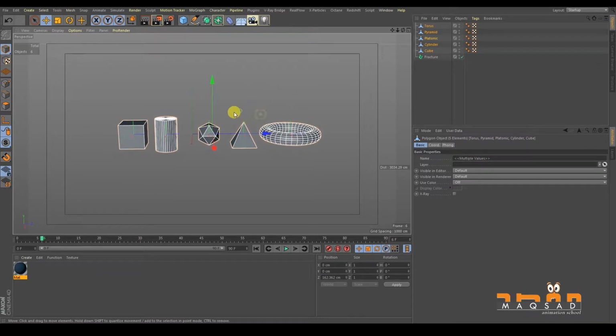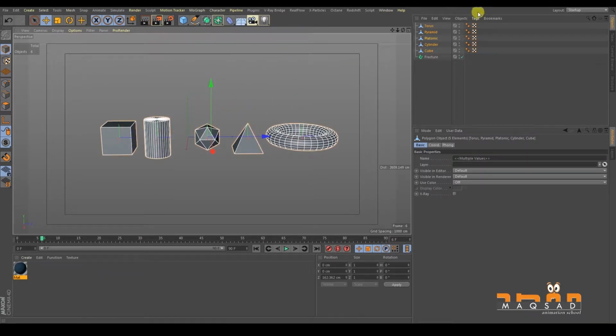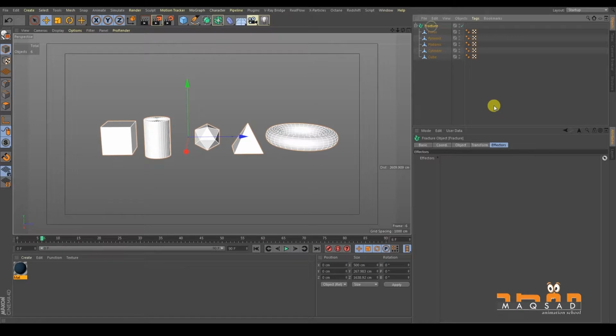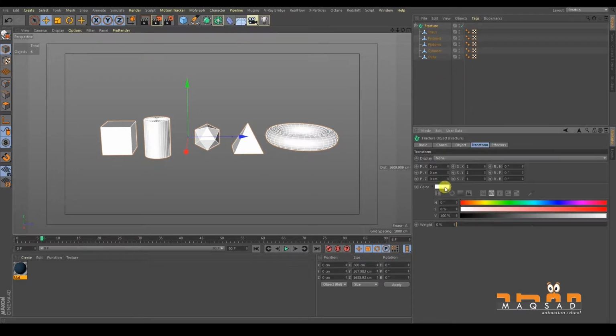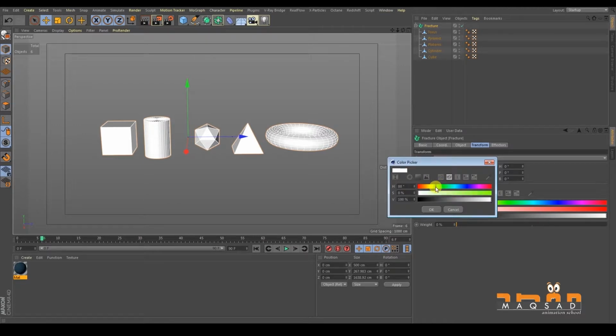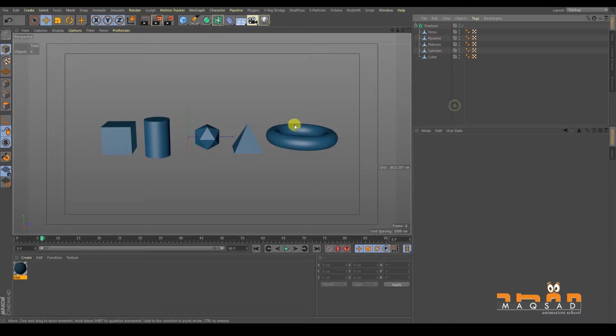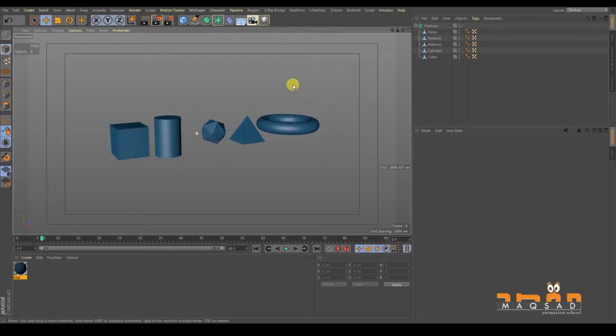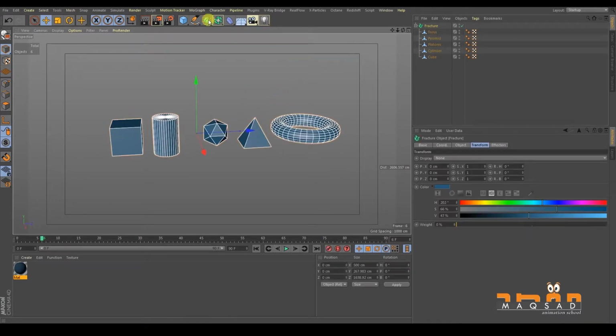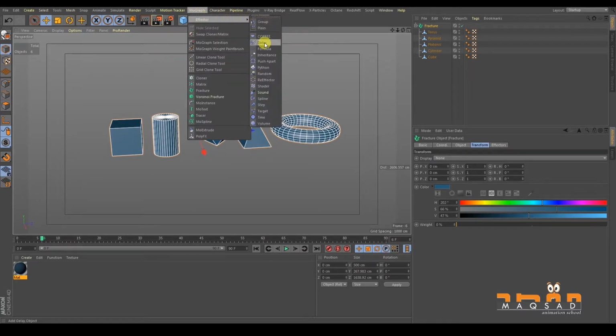Okay, in order to control them using effectors, we need to move them inside the fracture. So what we'll do is click and drag, put them inside the fracture. So instantly you can see now it is under the fracture, and it is taking the color of fracture. So we just change it to something dark blue. That's it. So now if we want to move them using our effectors, we come here and choose the random